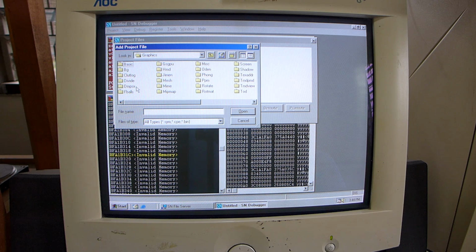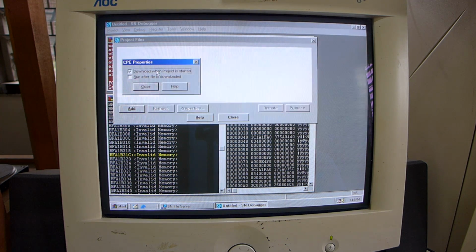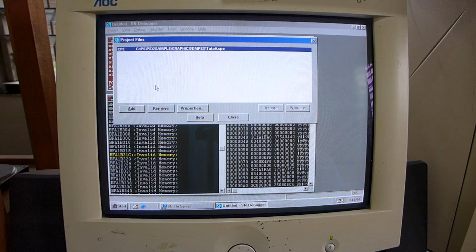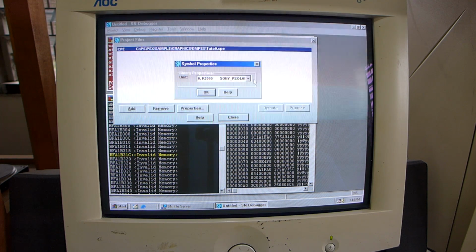So I could find it. There it is, silly me. So you can add the CPE file, check that, and then don't check this if you want the program to stay halted once loaded, so you could do step by step early on. And then to add the symbols file, and then select its target there,